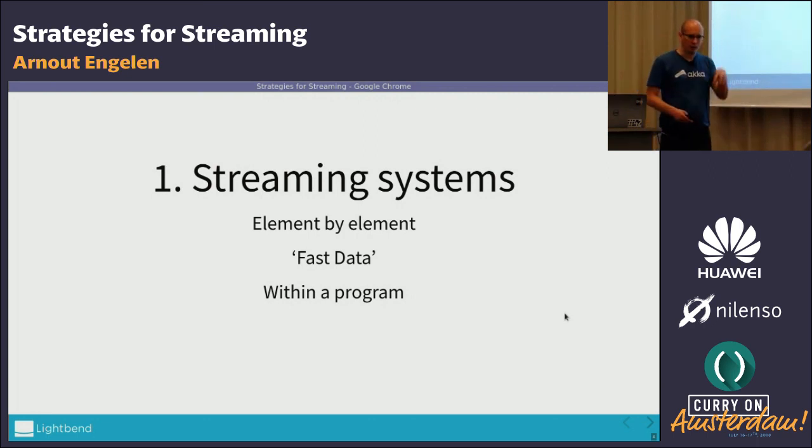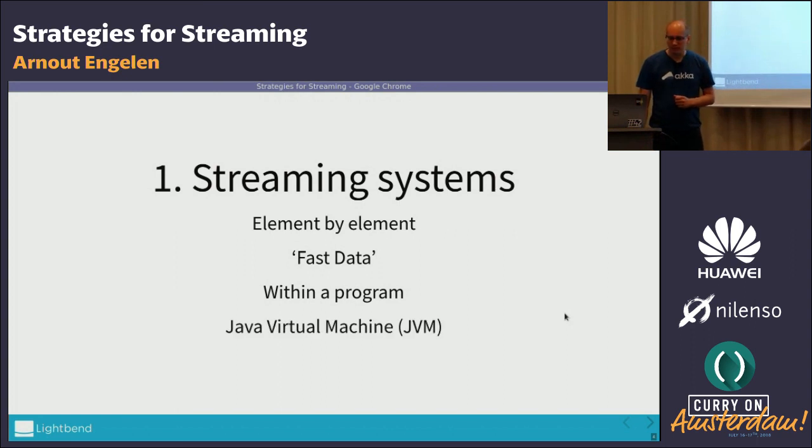Today is really about writing one application which has to do some interesting processing of some stream of data, and how do we manage that? I'll be focusing on the JVM because that's where Akka runs. Of course, some of the concepts apply more broadly, but that's the focus for today.